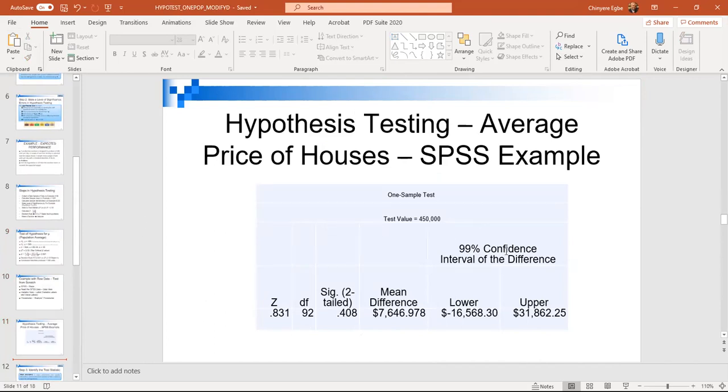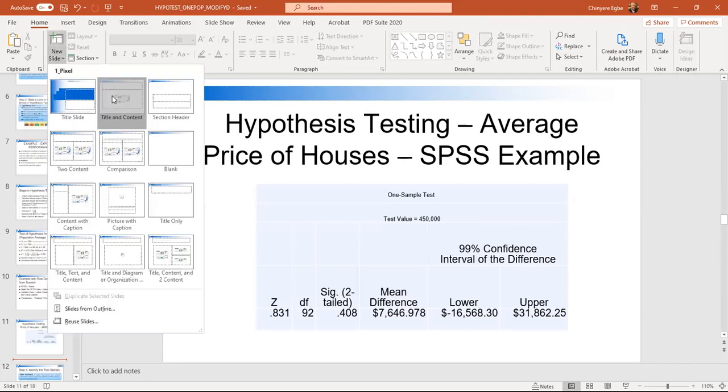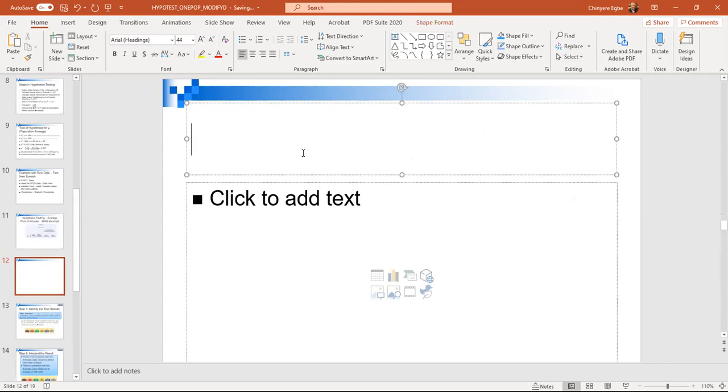And your hypothesis testing for the house problem. What was the null hypothesis? The null hypothesis, H0, was that